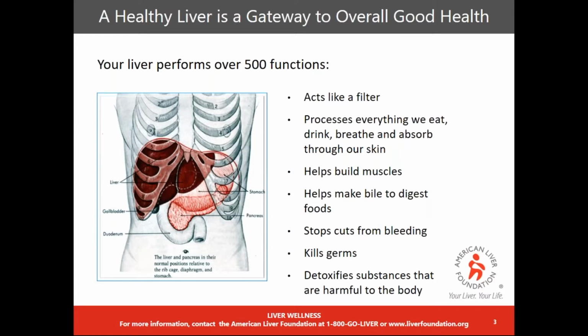So the liver is, like I said, a really important organ. It's the second largest organ in our body. It does over 500 different functions. So I like to refer to the liver as our body's power plant. Everything that we put into our body has to get processed through our liver. So whether it's food, drinks, medications, if I'm using a pain patch, Nicoderm patch, Biofreeze, or Bengay, anything that might absorb into muscles and tissue, all gets filtered through our liver. Cigarette smoke, secondhand smoke, pollution, it all gets processed through our liver, and if our liver is doing its job,